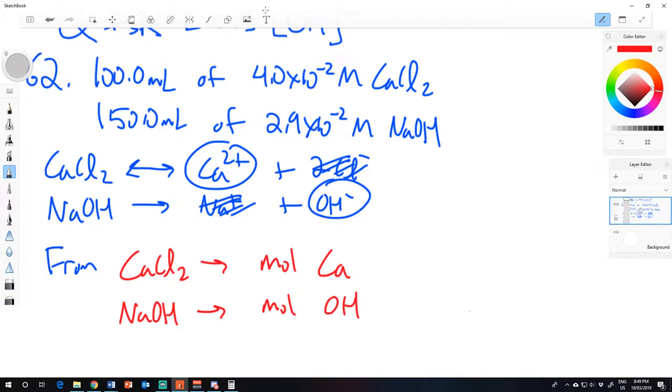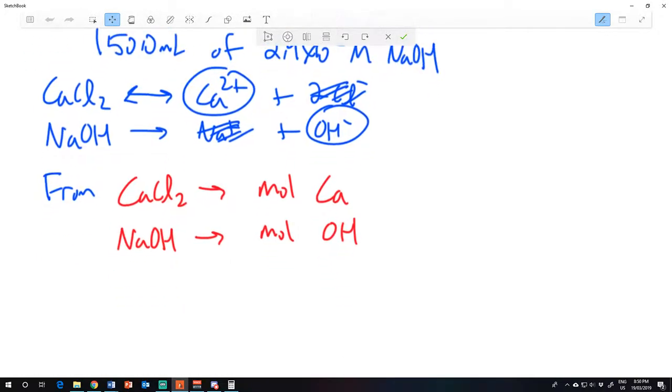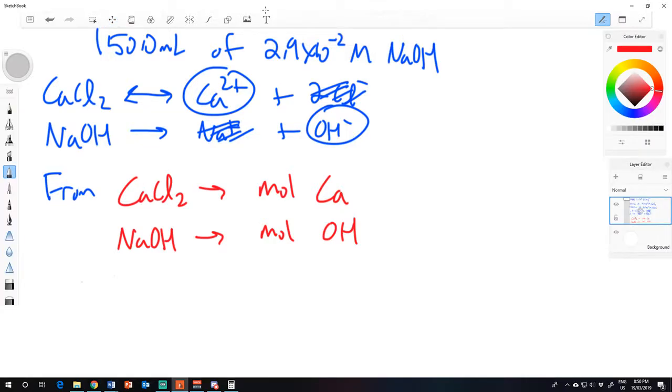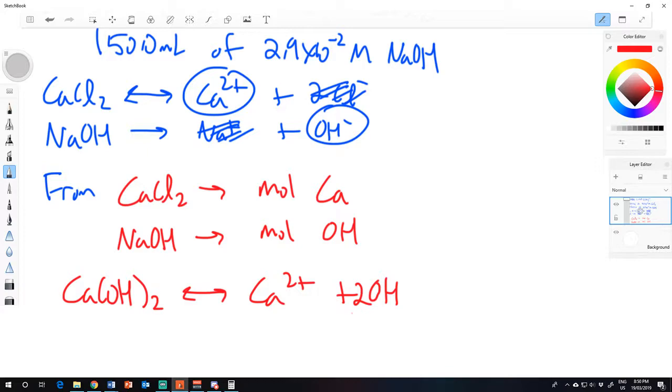And we don't have to multiply by 2 because even though the calcium hydroxide is formed from 2 OHs and then the resulting equilibrium looks like this, we don't have to multiply by this 2, because this situation is not a